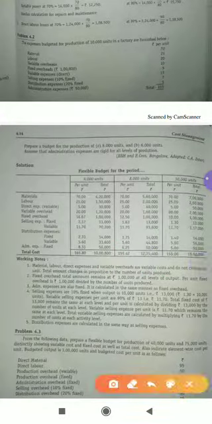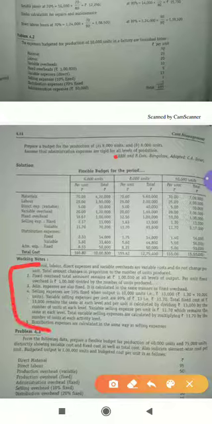And please remember, these type of questions are very important for your exam. If you have any doubt, please let me know. And that is what the calculation they have given here. You can go through this working note, you will get an idea. And I have sent you the soft copy also. If you are not able to see, please refer that soft copy so that you can understand easily.